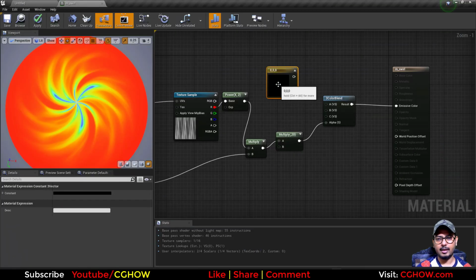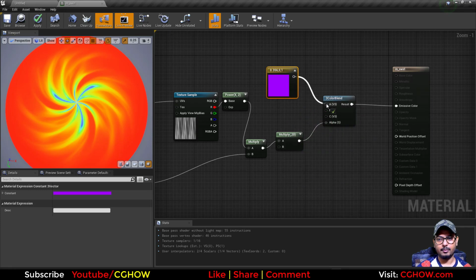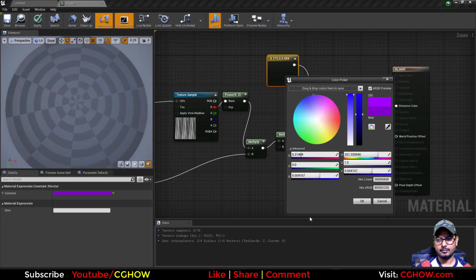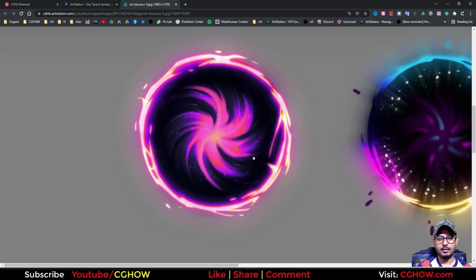So 3 and this purple color, I connect it on red, and this should be a little darker. Then we have this red, pink,